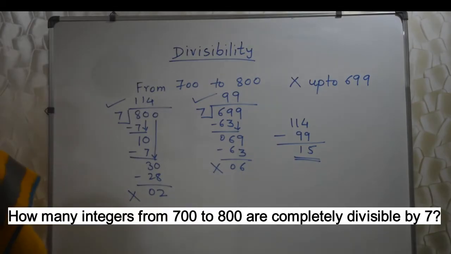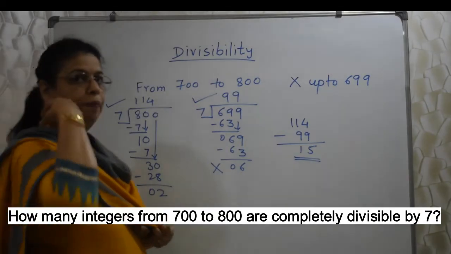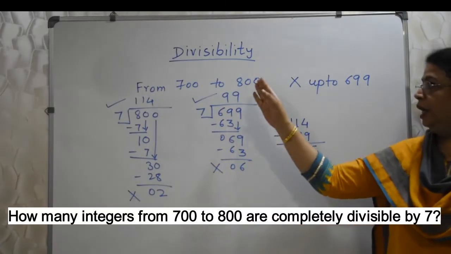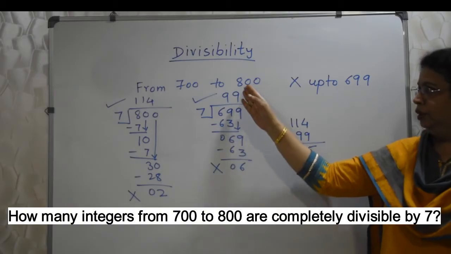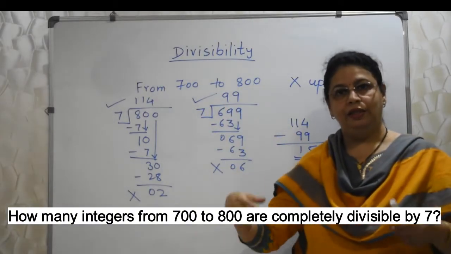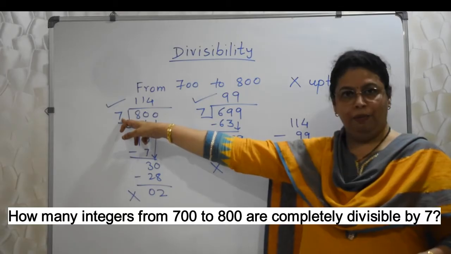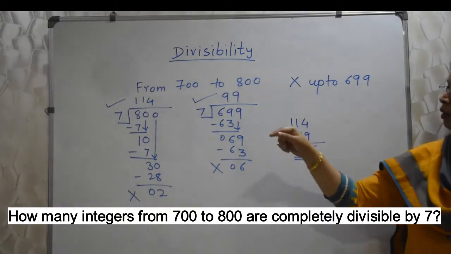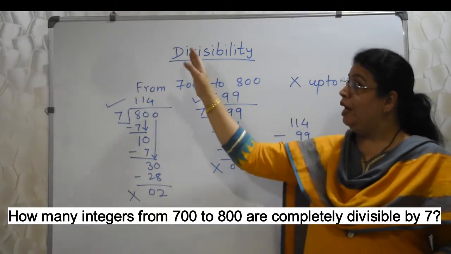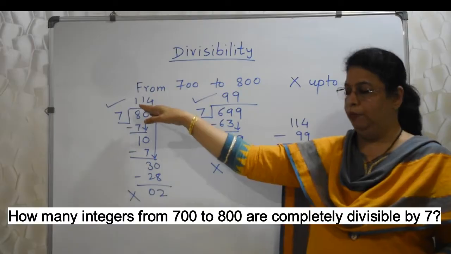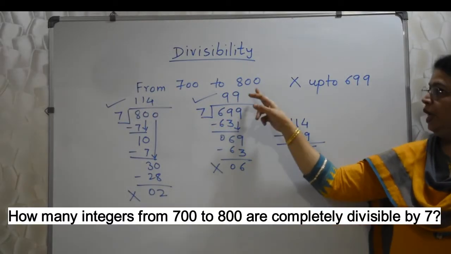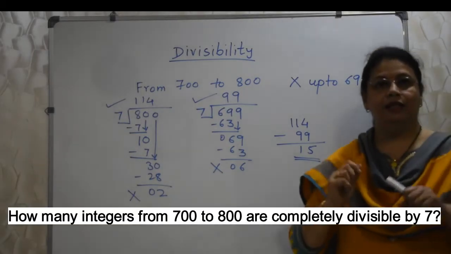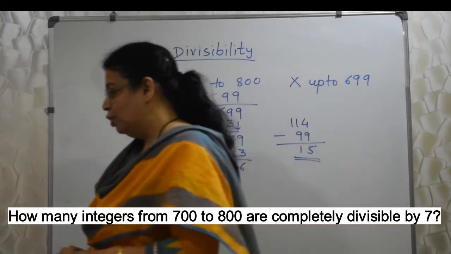These types of questions have already been asked in past years' exams. So whenever they ask something like this, take the biggest number, divide it by whatever they ask, 7 or 6, and note the quotient that is of use to us. Then take the number before the first number, and divide that too. You will get another quotient. Subtract that. Your answer is ready. As simple as that, students. Let's go ahead.